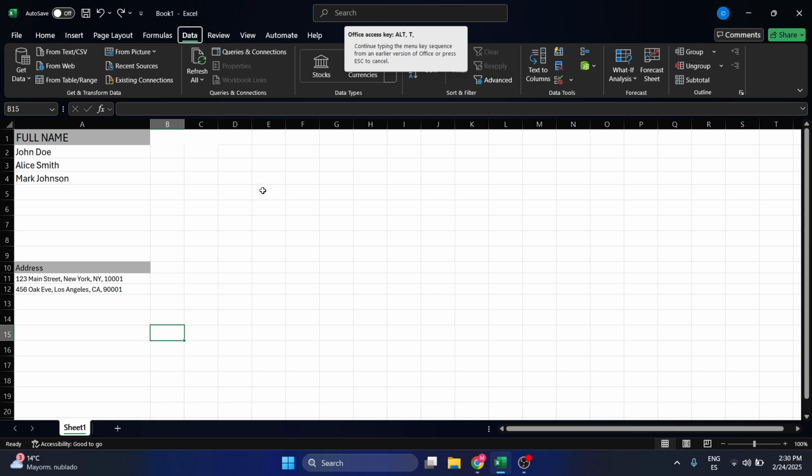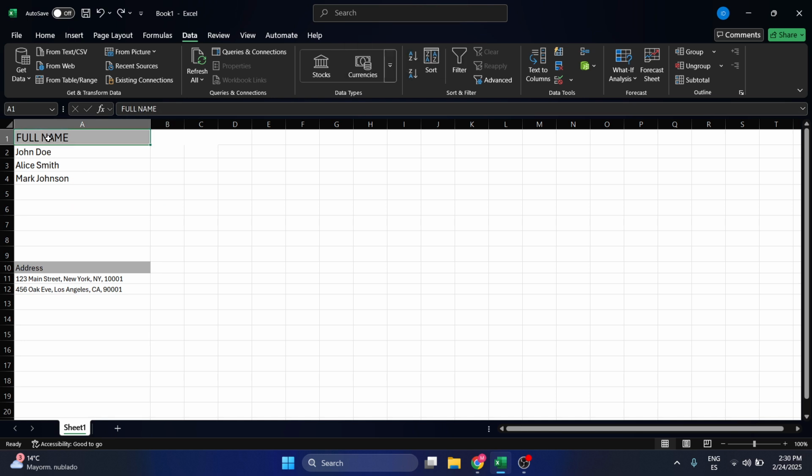Hello guys, what I'm going to show you today is how you can split text in a cell inside of Excel, okay? And this is going to be very useful because sometimes when we are scraping data, or sometimes we have a spreadsheet, it is not formatted the way we actually want it. And sometimes, as you can see here, we will have a full name, and we want to make two columns out of it. We want to make a column that is called name and a column that is